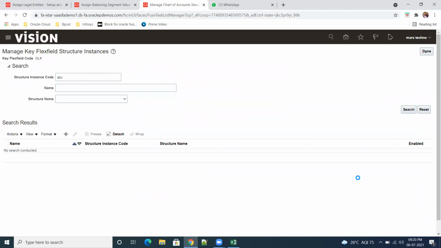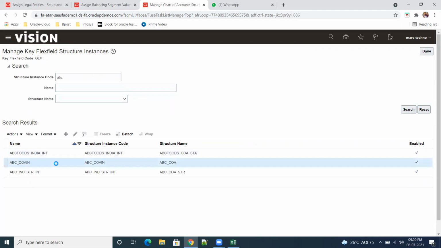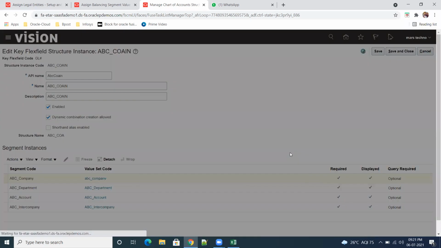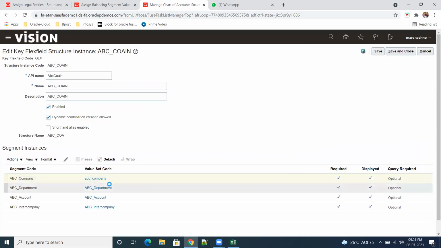ABC. This is the one, correct? ABC COA IN and ABC company. And this is also in enabled mode. Go here. So this is also displayed as enabled. All those things are there.